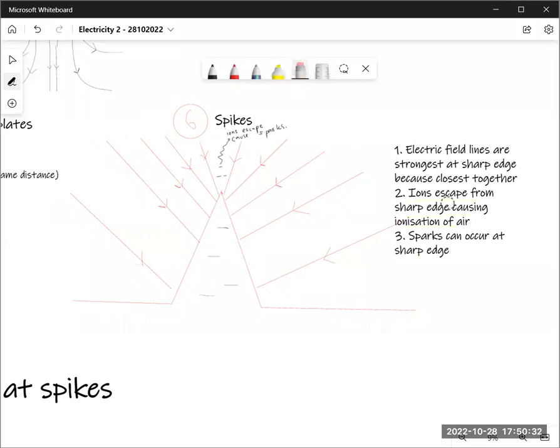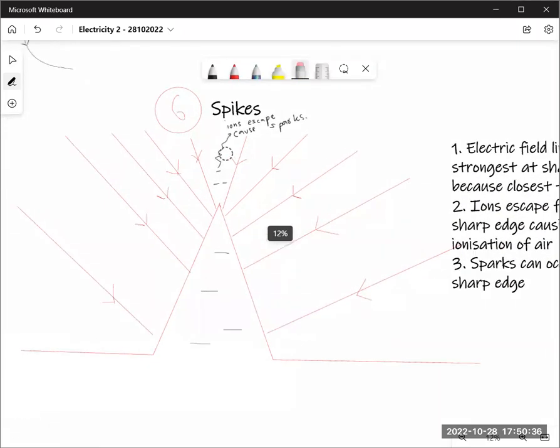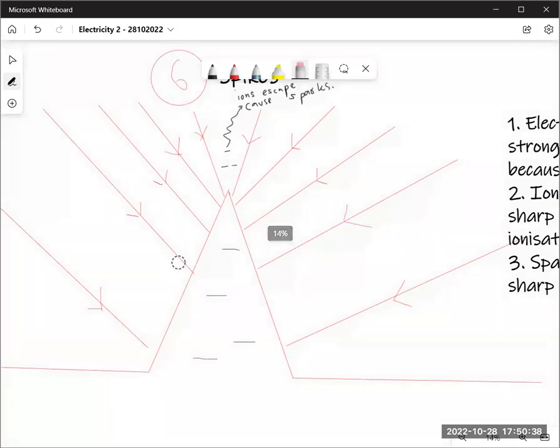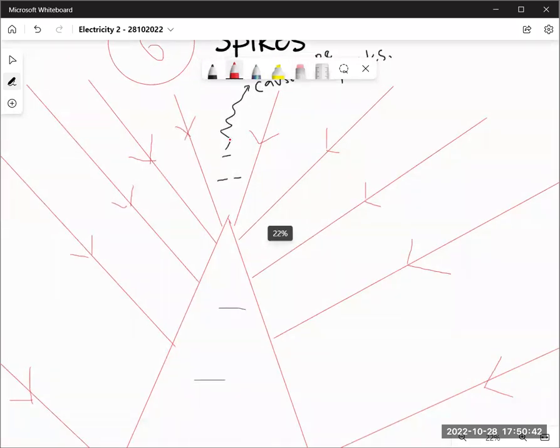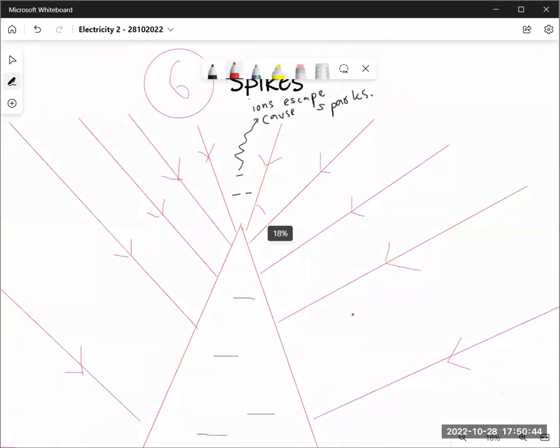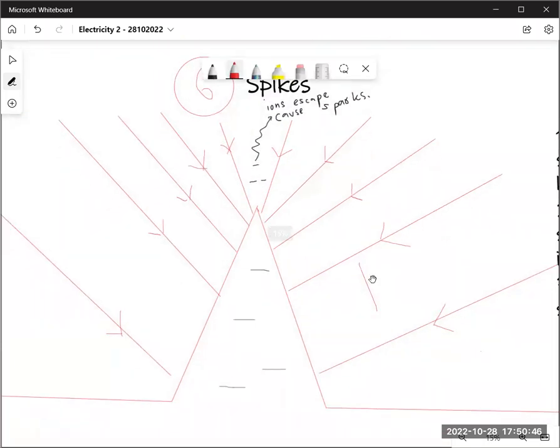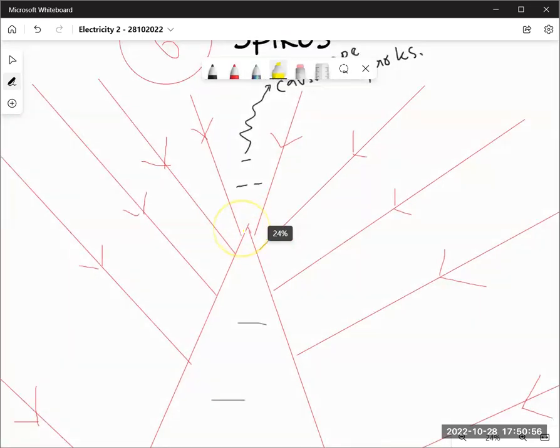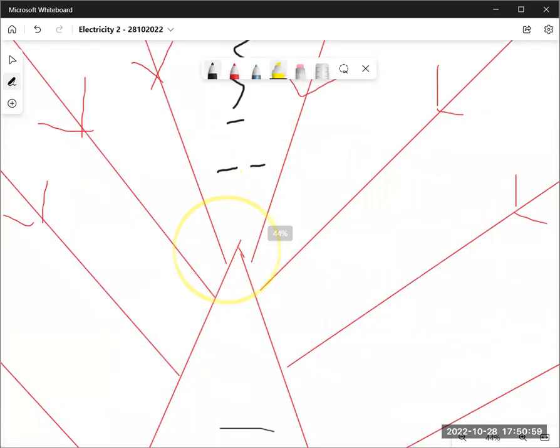Ions escape from sharp edge, causing ionization of air. All right, what does that mean? Well, we have this point right here. But if you look at this sharp edge, the field lines are so close together. Look, right here, they're far apart. They're not that close. But as we go closer to the sharp edge, the closer the field lines become. And at this point right here,